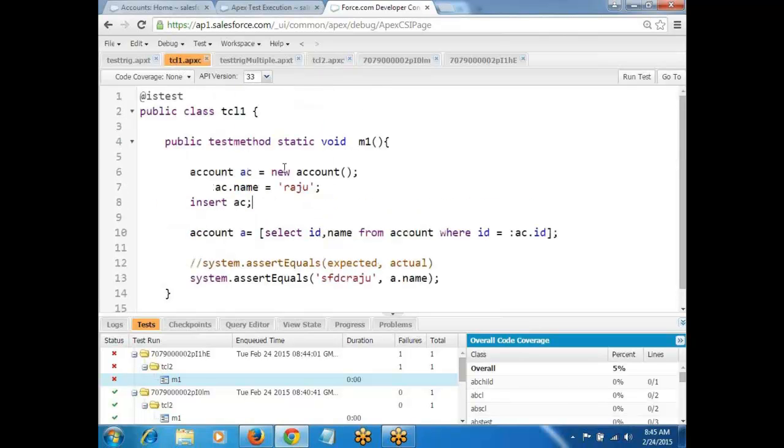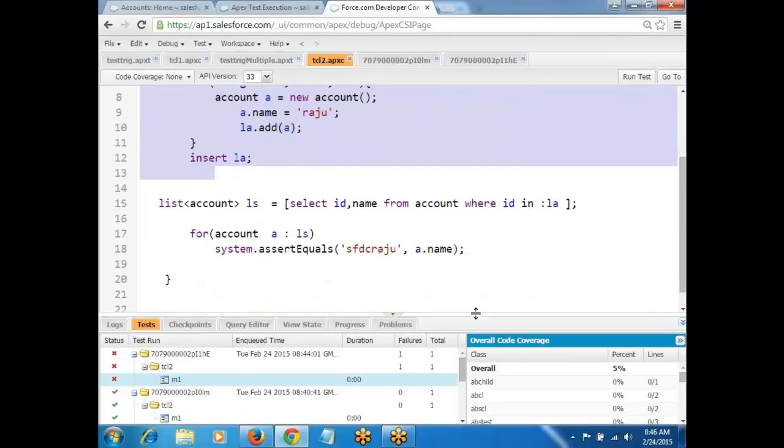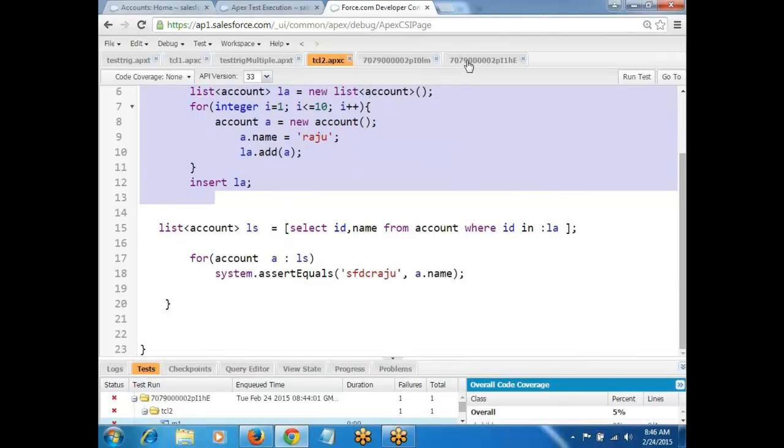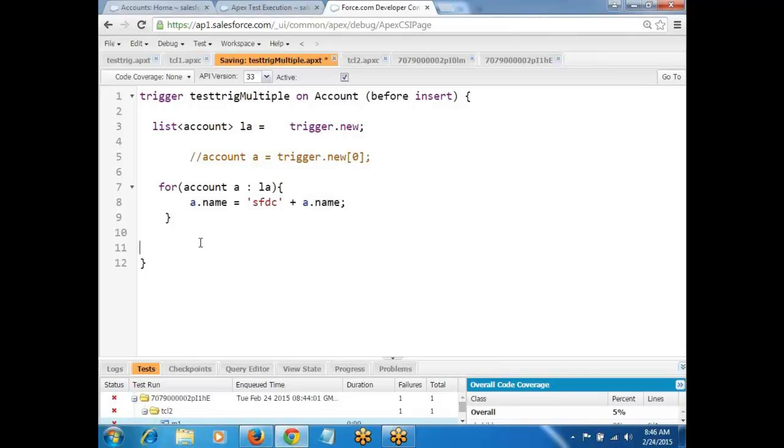It's a single record. See, the first test script: I inserted a single record, and check whether it's working or not. In the second test script, I'm inserting multiple records, and check whether it's working or not. Like that, we'll write a number of test scripts. I'm inserting multiple records, and multiple records have been converted. At that time, when you run,